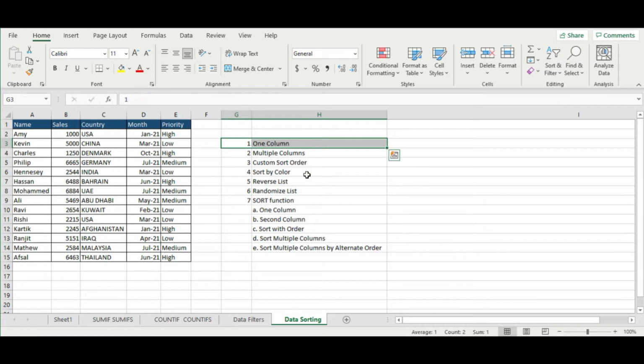In data sorting, we'll be discussing these 7 topics, mainly starting from how you sort data from one column, multiple columns, custom sort order, color, reverse list, randomized list, and sort function. Starting off with one column